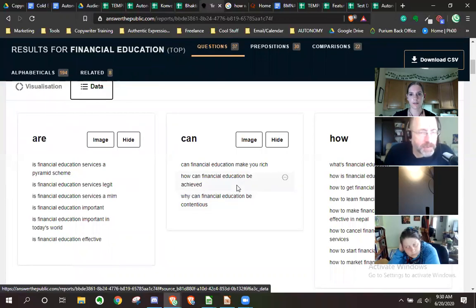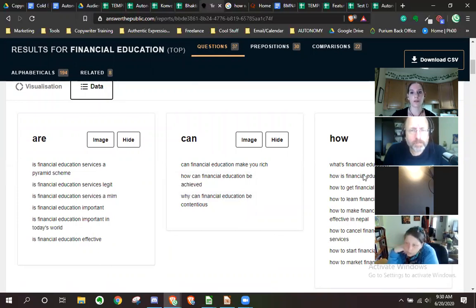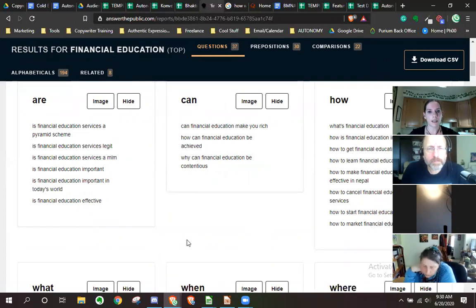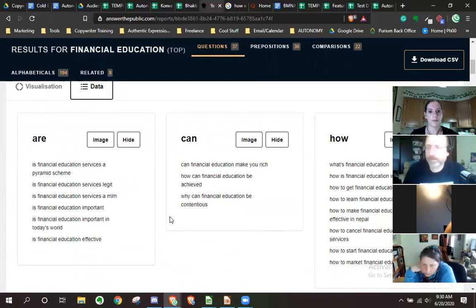So are those listed as the most popular? So the most popular is the one on the top, or is that? I believe so. I actually have never gotten completely clear on the order that they're presented in. I believe that's the case. And this is all from data that Google makes available? Correct. Yep. This is what people are searching for in search engines.